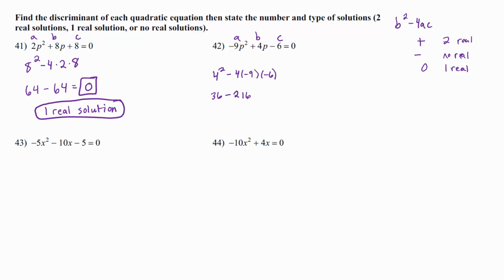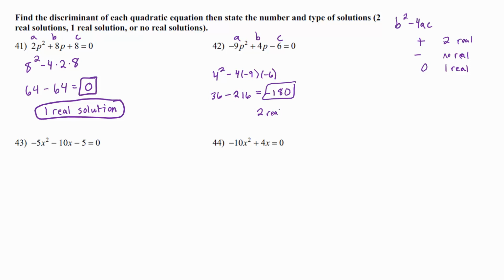I am not feeling super confident about that. So give me a sec. Nope, I was right. 216. That's why you should always feel confident. No, you shouldn't always feel confident, but I should have felt more confident than I was. That's negative 180. And we want to say, oh, that's 2